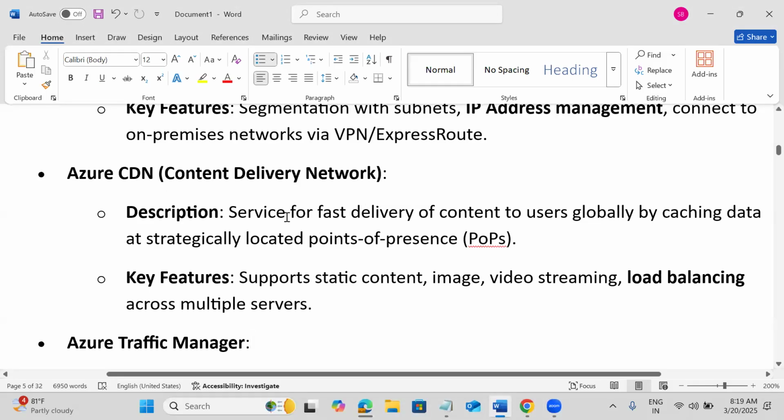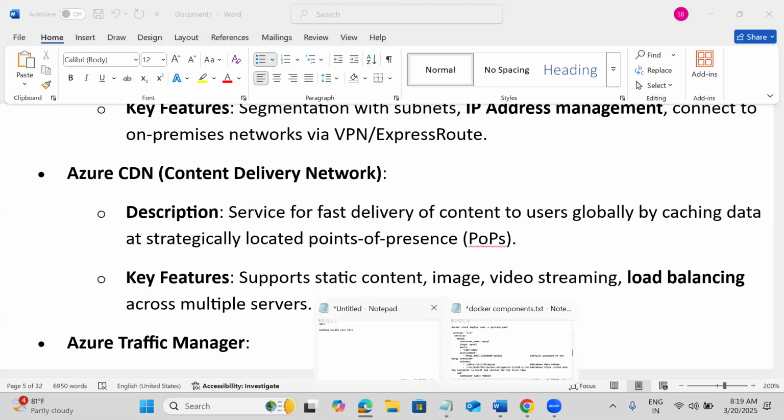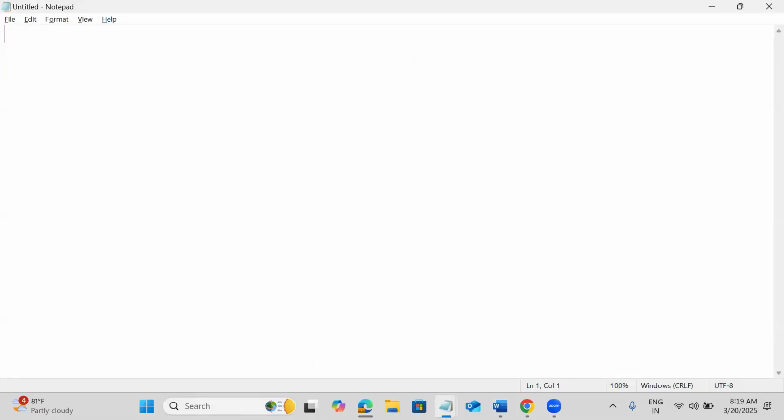And coming to load balancers, what is the purpose of a load balancer? The load balancer will take the user request and redirect traffic to a healthy instance or healthy VM.